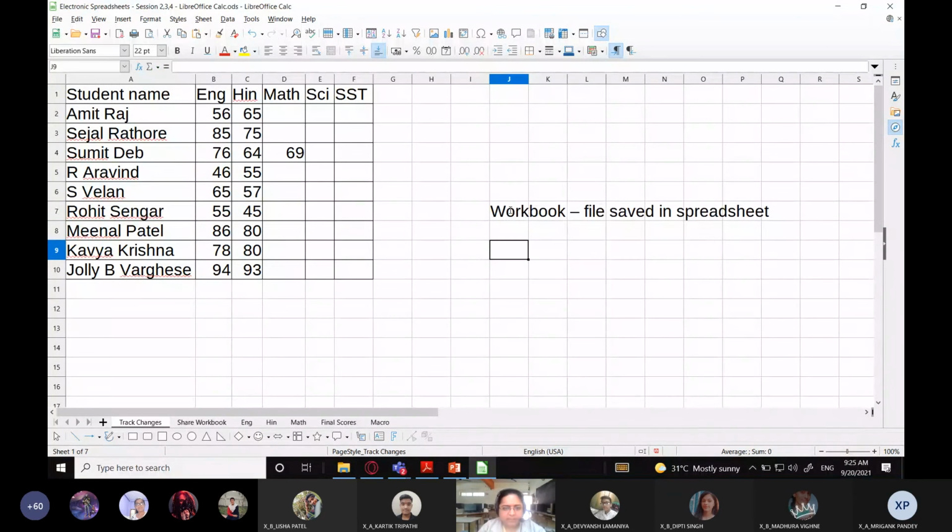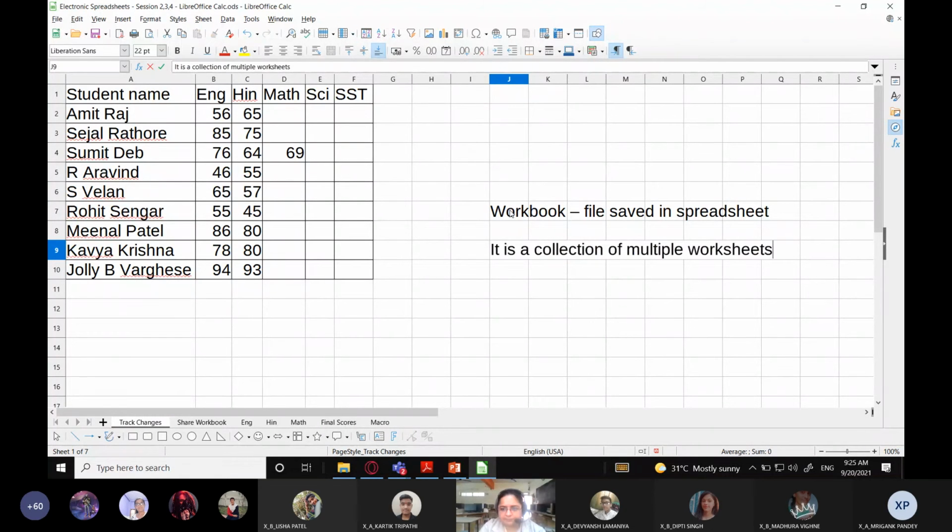A workbook is a collection of worksheets which you can see below. One worksheet, second, third, fourth, fifth, sixth, seventh. 7 worksheets are there in this workbook, right?